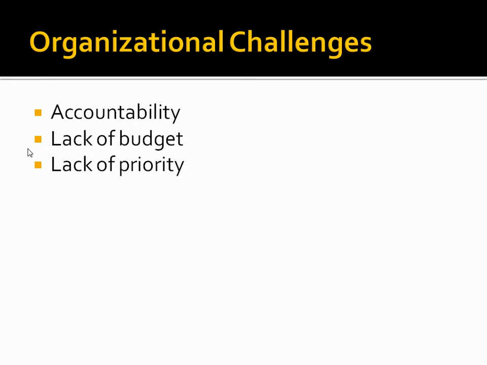Lack of priority. In most businesses, the priority is the core business function, right? So if you're an online retailer, your number one priority is to maintain sales and inventory and shipping and improve all those business processes and so forth. IT security is not the number one thing on your list. So it's difficult because in the IT security world, you're always fighting that lack of priority. People have more important things, or their perception is they have more important things to do. So we have to deal with that.